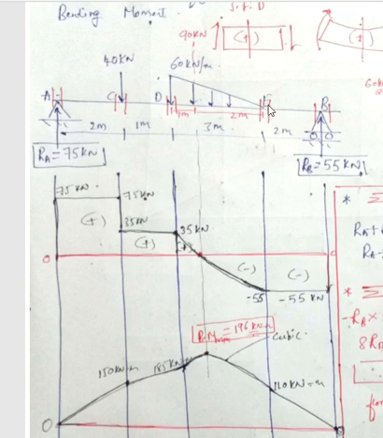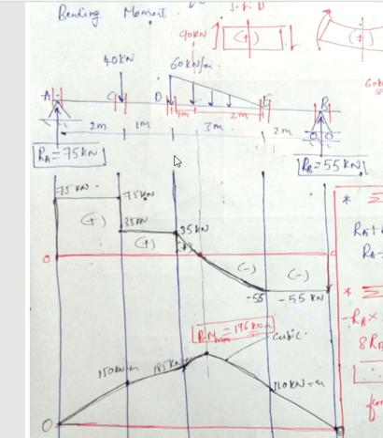Now consider this section or this section, both are fine. For example, I'll consider this section. There is a force to the right hand side, that is 55, and there is also a perpendicular distance, that is 2. 55 into 2 will give me 110. Since it is a point load, join using a straight line, so 110 positive, so upward I am drawing the point 110 kilonewton meter. Now from this section, if I move to this section, any section I can take, right or left, there is UVL. Whenever there is a UVL, I need to draw a cubic curve for BMD. That is what I am doing here. I am drawing a cubic curve.